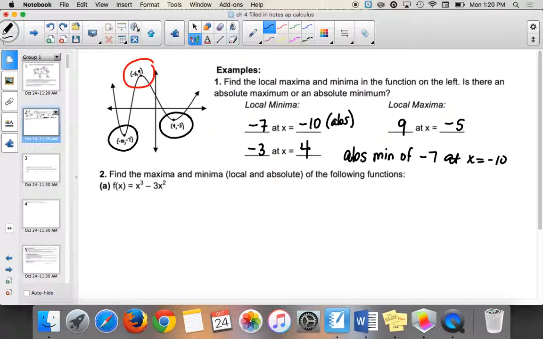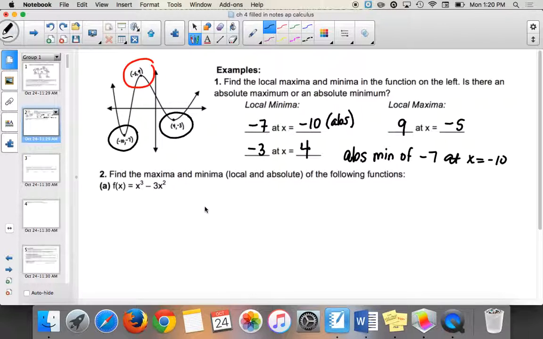Why not a maximum? Yeah, Louis? It goes up past it. So even though I tried to draw it, do you guys see how I drew the arrows? It was like below, so it kind of looks like it's going to be the absolute. It actually does extend past that, right? So we don't have an absolute max.